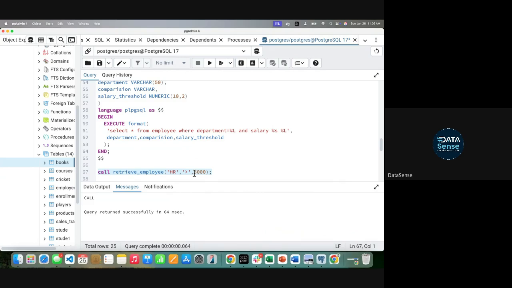Anyone, any doubt? Make error, bro. What kind of error you want me to do? So let's do one thing. Let's call it. यहाँ पे एक integer pass कर देते हैं. ठीक है?